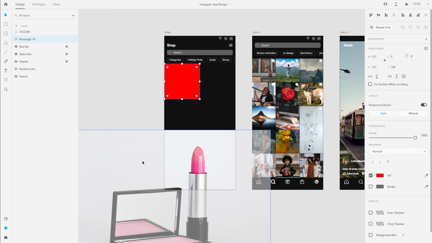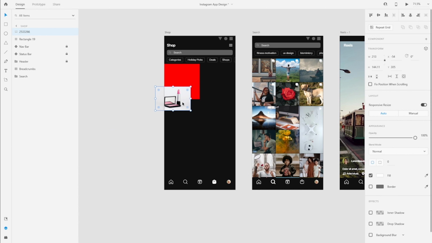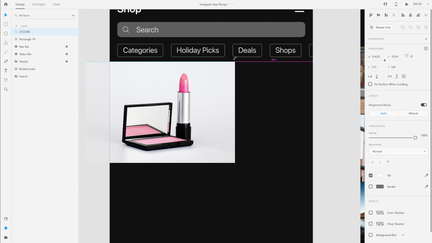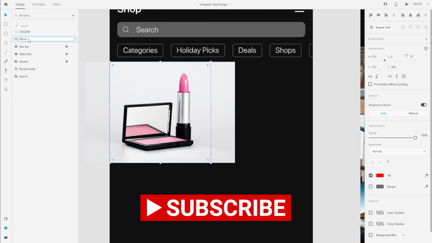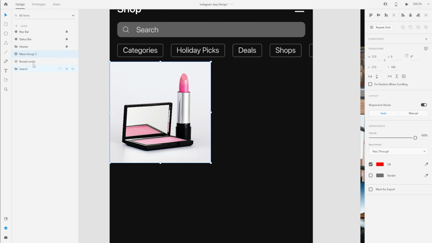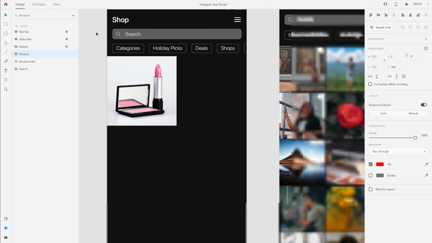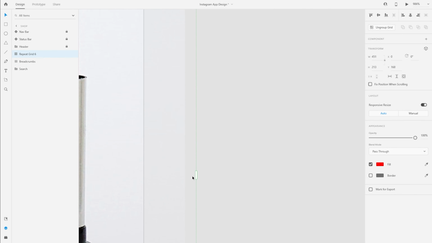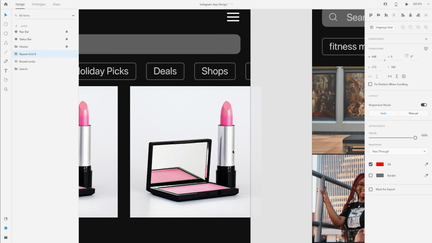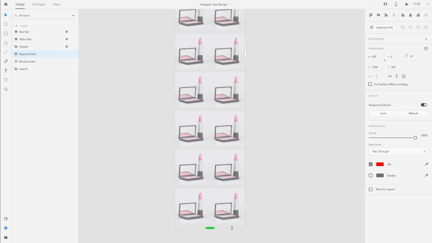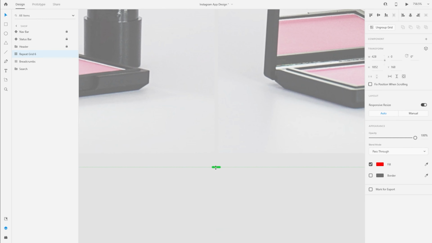So I'll create a square with equal width and height and then use it as a mask. I'll add one product image directly from my Files Explorer or Finder and drag and drop it into Adobe XD and create a mask using Command Shift M or Control Shift M. Once the mask is created, now I can create a 2-dimensional repeat grid by dragging the control bars on the top, on the bottom, and on the right.